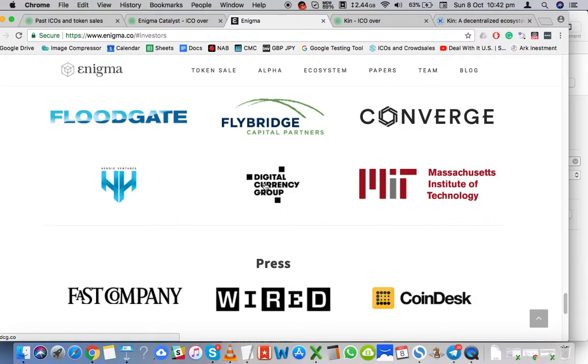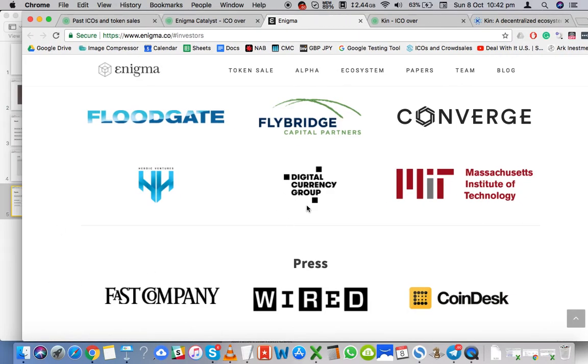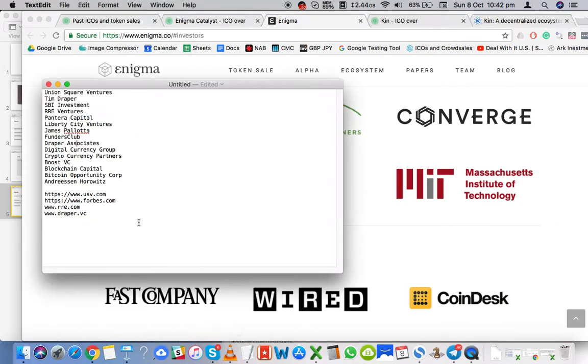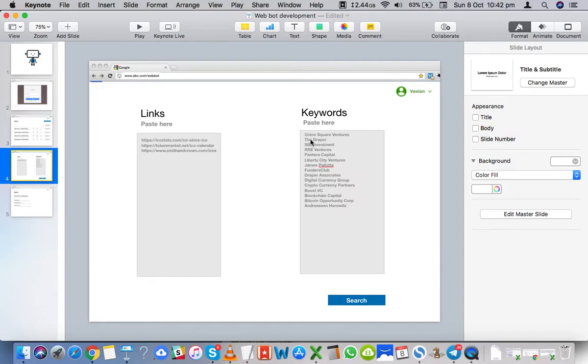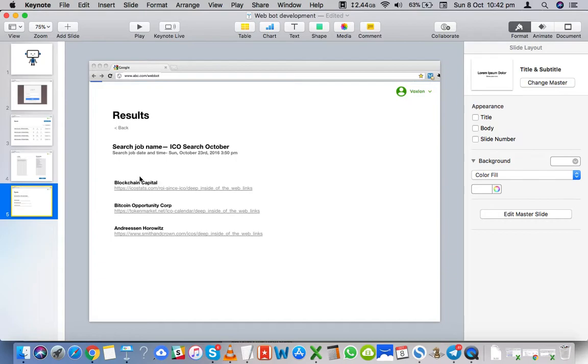As you can see, this is actually a link right there. If it is a link we have fed into the system right here, it will recognize it